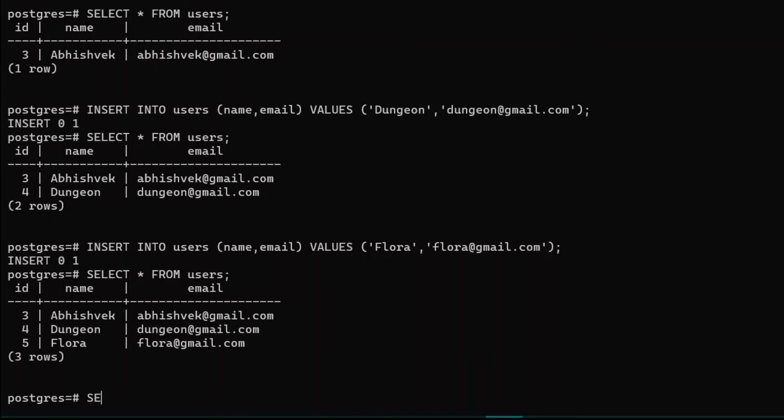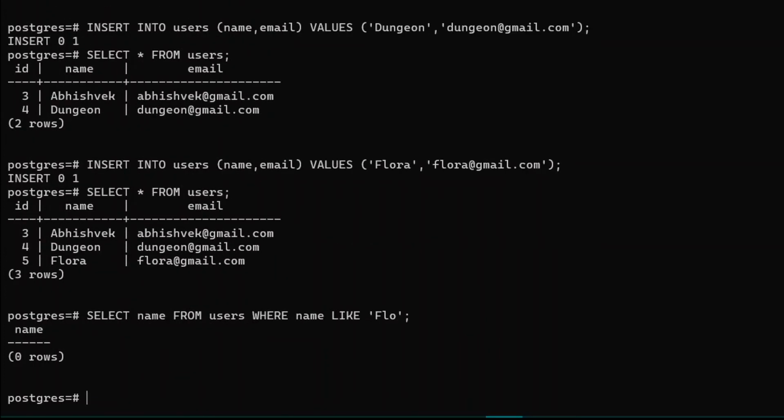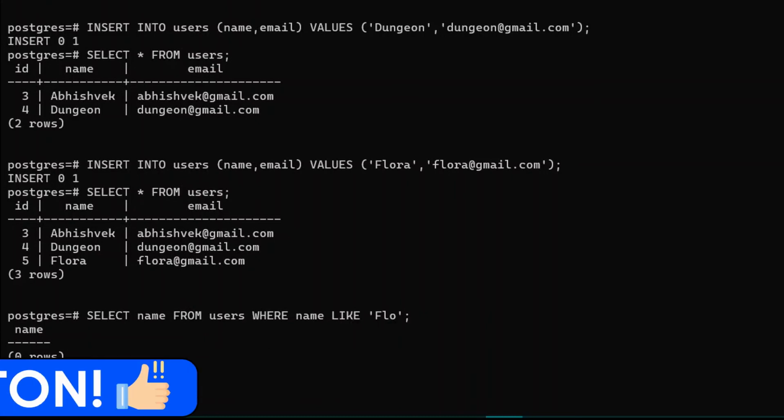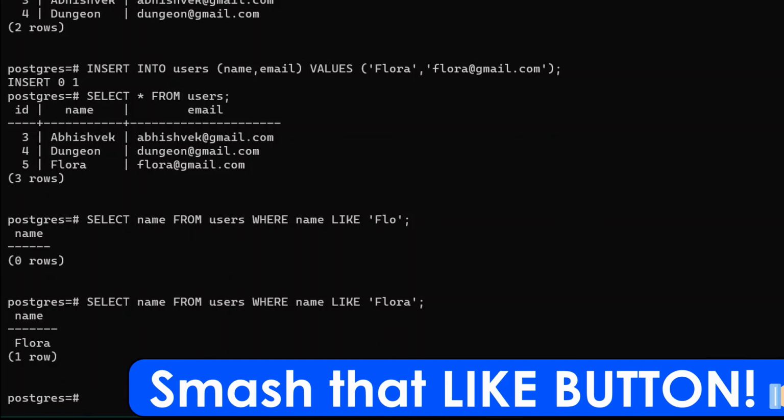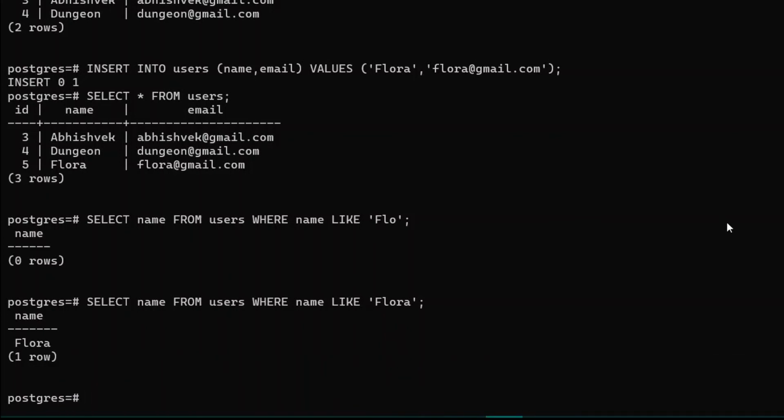So first of all, what we can really do is add here a select name from my table of users, I can add a property of where, and here under where I can simply say name, and here under name, I should be adding a name of Flo only. Let's check it up. Cool, so now you can see we will be getting the property that Flo does not exist, and if I simply say Flora, press enter, I will be getting the following thing of Flora. That's because Flo does not exist but Flora exists. But you know what, you can also do one thing, that is add a following Flo.